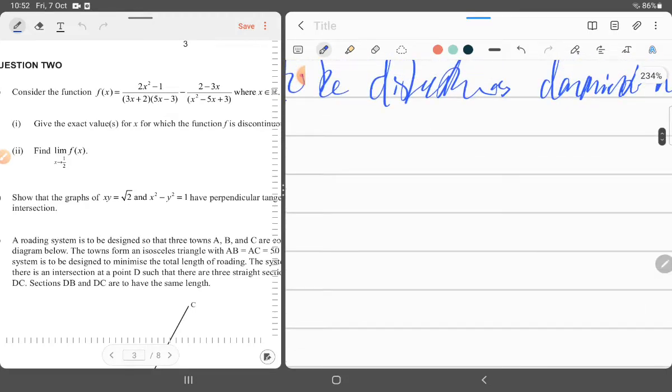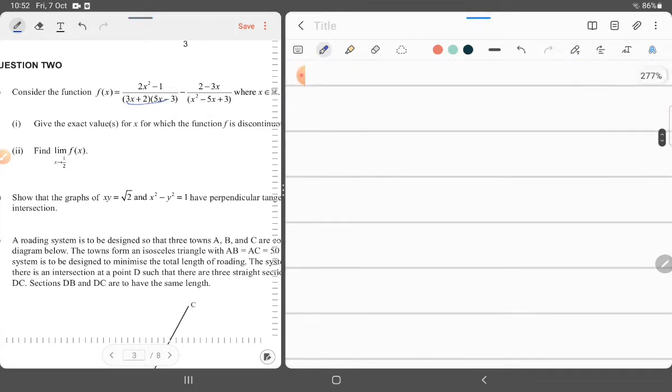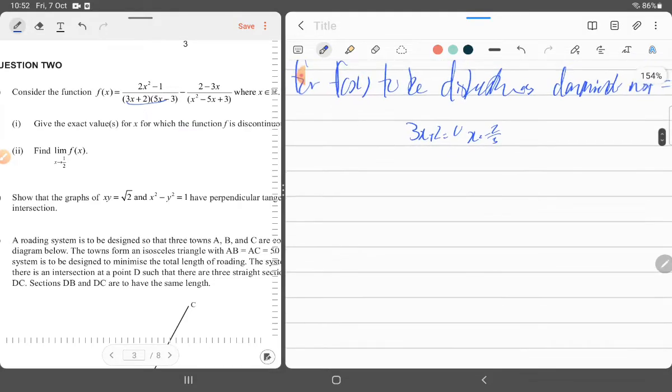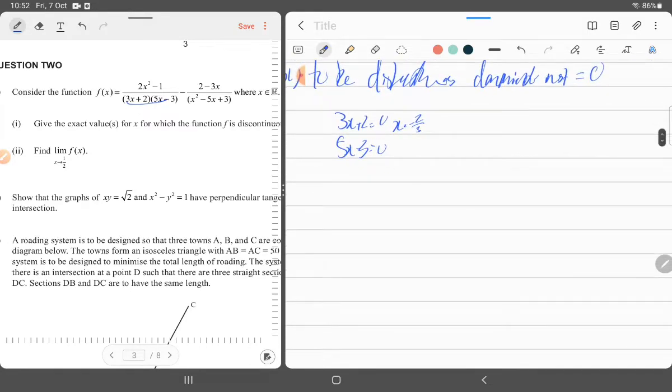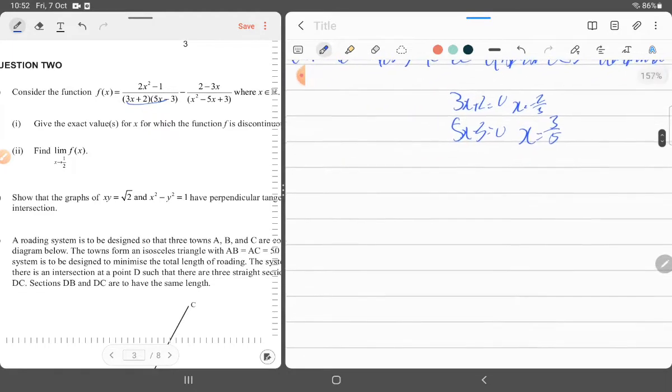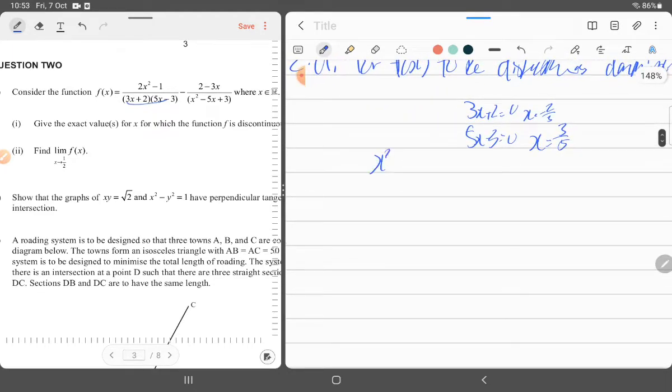We can easily see this, so 3x plus 2 equals 0, x equals negative 2 over 3, 5x take away 3 equals 0, x equals 3 over 5, then x squared take away 5x plus 3